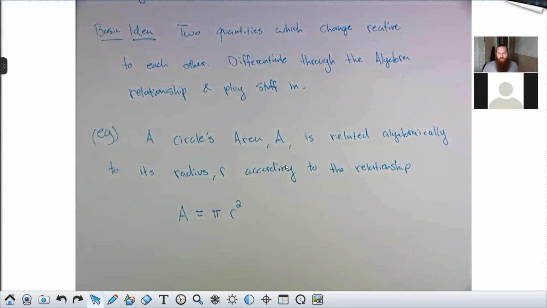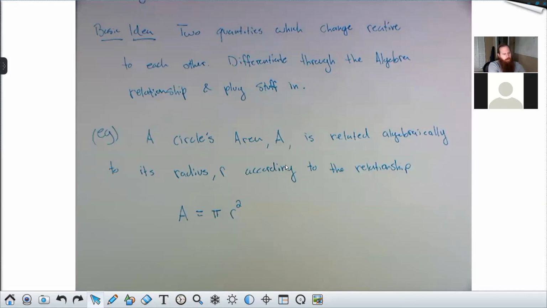If you've taken a class like college algebra recently, you may remember problems like, if the radius doubles, then the area goes up by a factor of 4. Or if the radius triples, the area goes up by a factor of 9. What we're going to do in this class is get a lot more specific. So